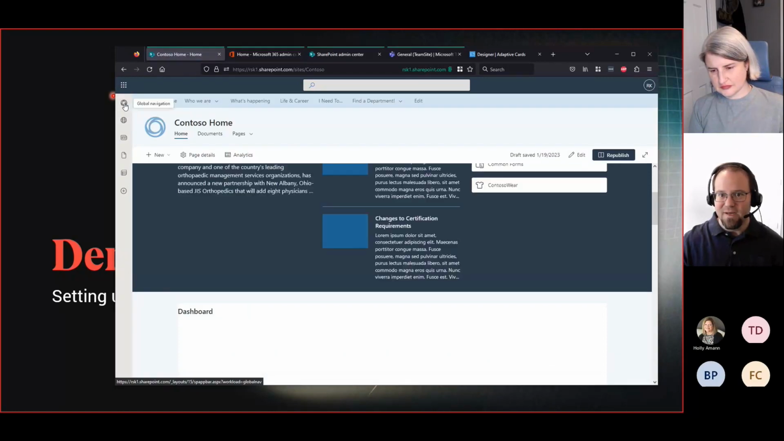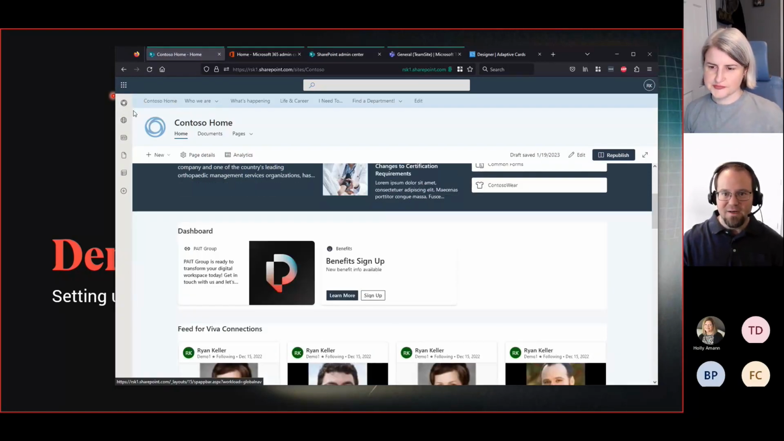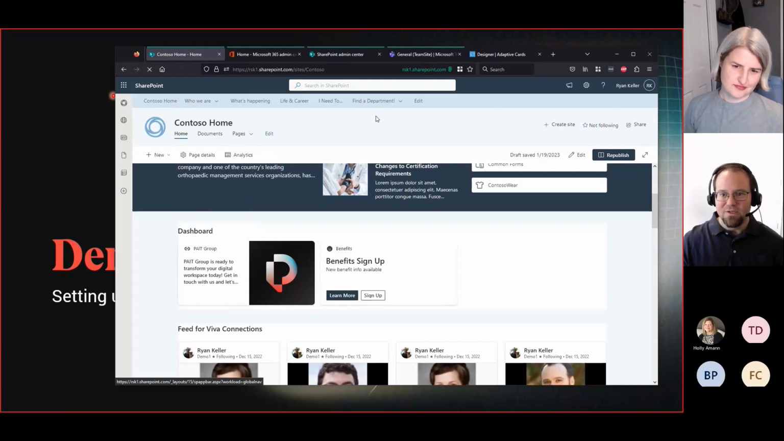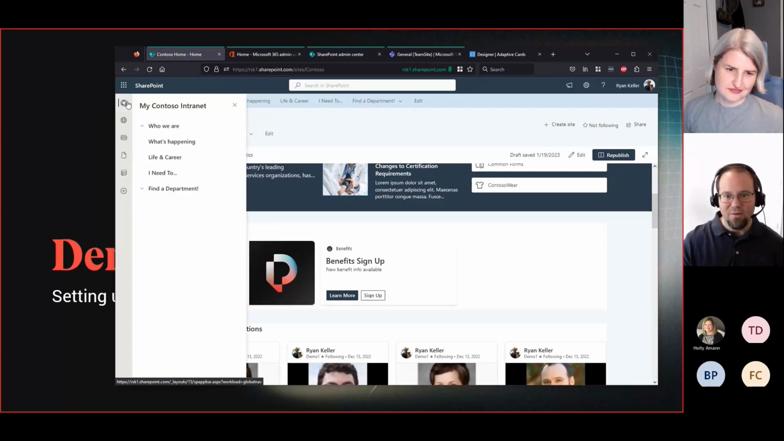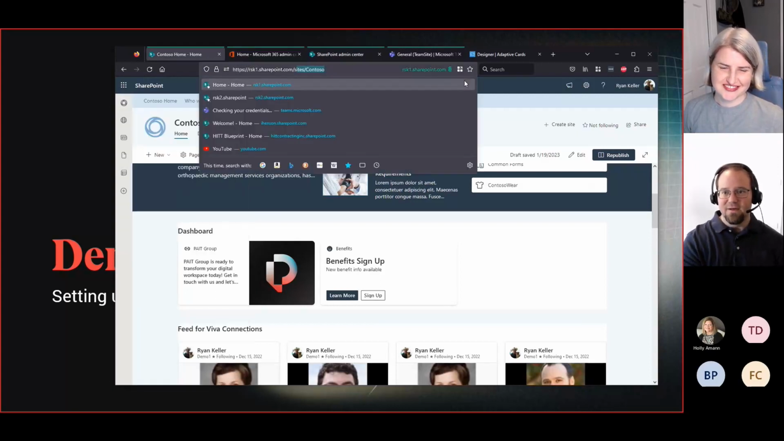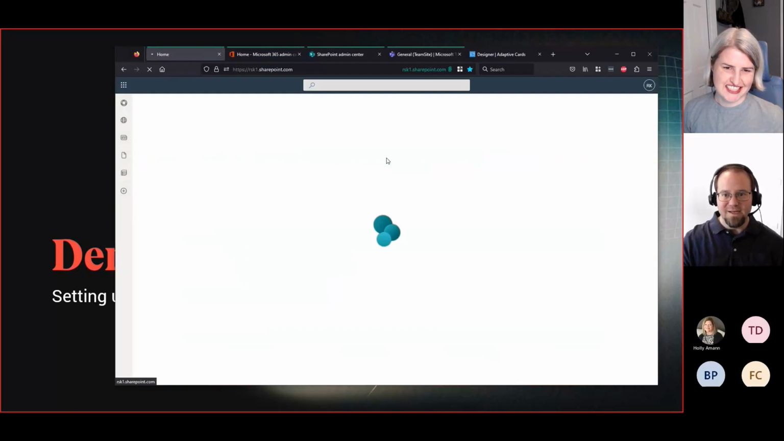And look at that, I've changed my icon there. If I click on that, there is my global navigation that matches my hub navigation. So now if I were to open up another site within my tenant, this would actually follow me around, which is really cool. For example, I guess if I go to just the root site here,